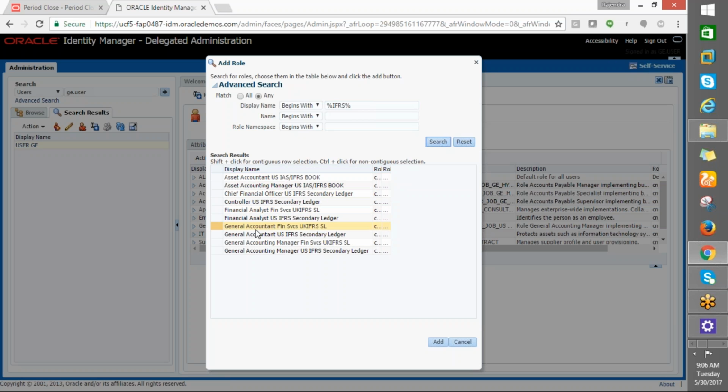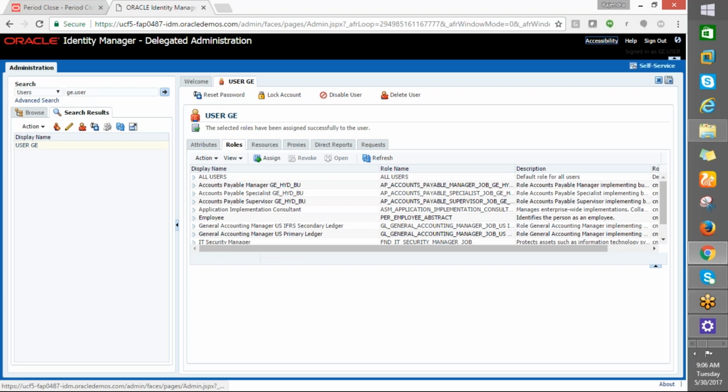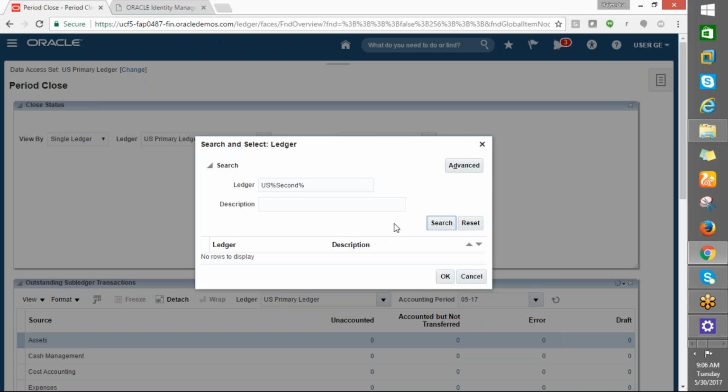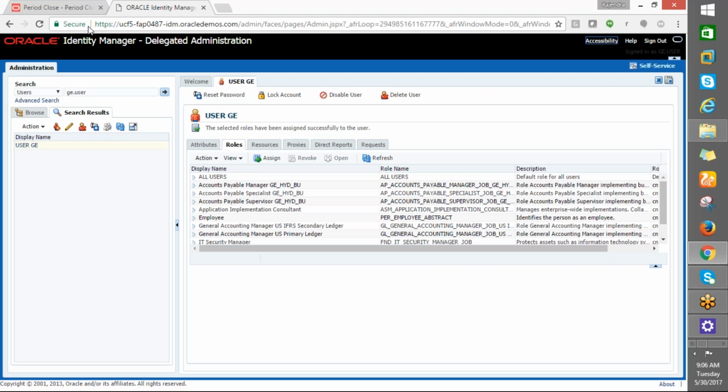General accounting, general accountant, USIFRS second ledger. Okay. General accounting manager is also there. Yeah. So let us add. That's good. Maybe somebody has created it yesterday, I think, because I was able to save that one yesterday. So now what we can do